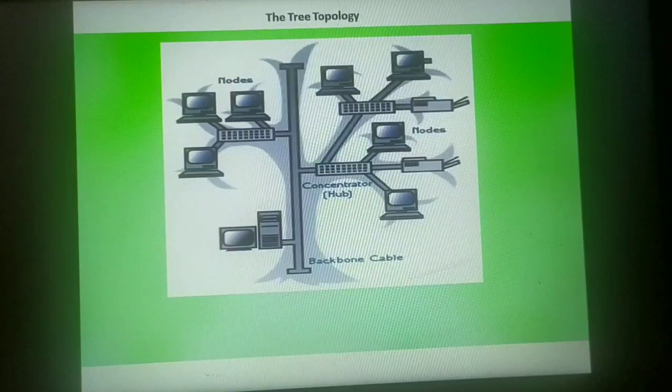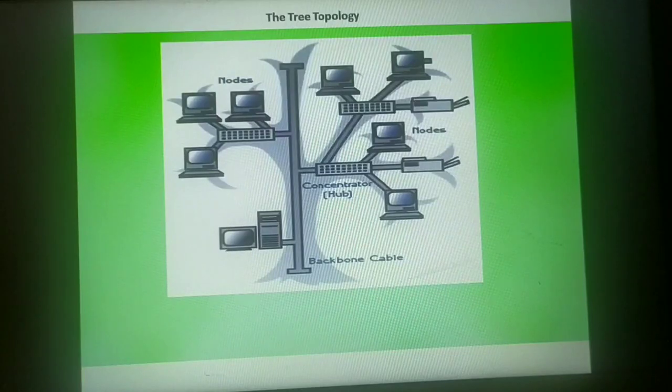Now this kind of topology is used in applications where there is a hierarchical flow of data and control, where I have more than one network connected to each other. Like the bus topology and star topology, where we have a combination in which the data has to flow hierarchically. In cases where I want to mix two different kinds of nodes and enhance my network capacity, we use the tree topology.